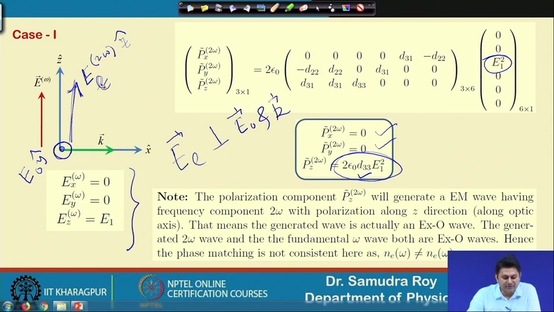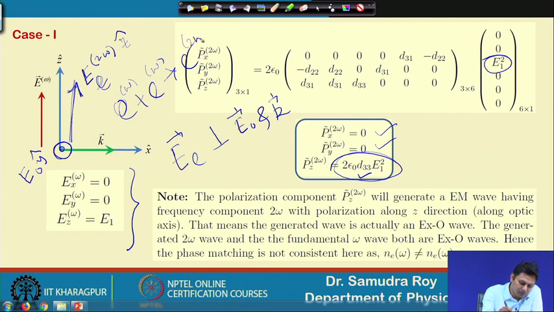If two waves are extraordinary, what about the phase matching condition? We are never going to have two extraordinary waves merge into an extraordinary wave. This is a frequency omega, this is a frequency omega, this is a frequency of 2 omega. Then my phase matching condition would be n of extraordinary at omega equals n of extraordinary at 2 omega, which is never possible.